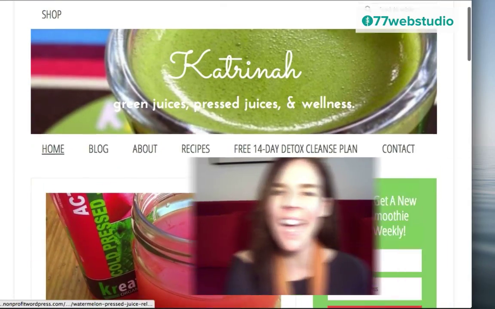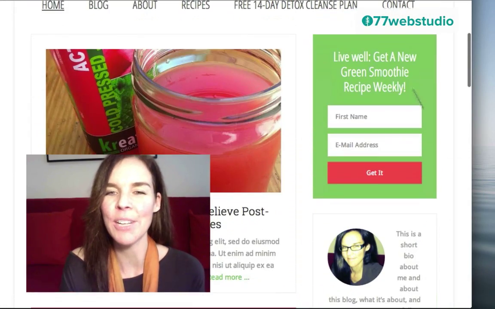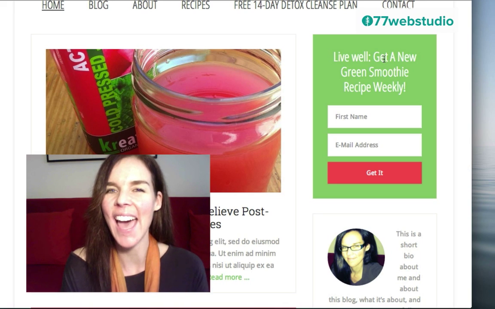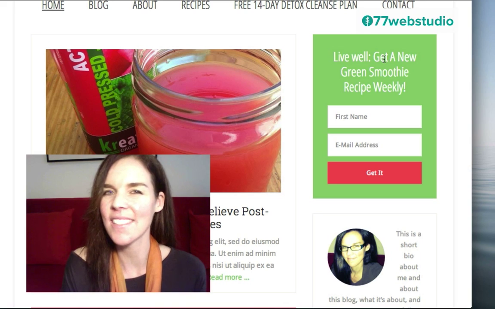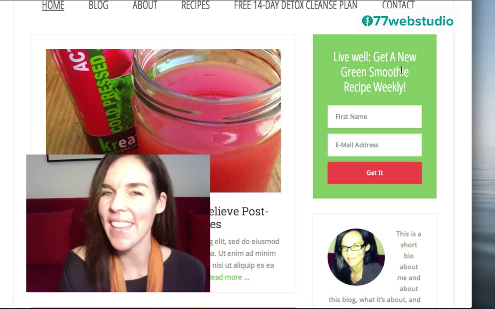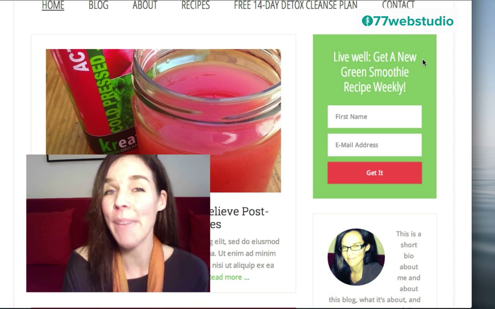On the right-hand side of the homepage, we'll have a sidebar, starting with an email opt-in form. I want to point out that in this sidebar you can add all kinds of customized content, but this is the content that I'm going to be adding, starting with an email opt-in form. The email opt-in form is one of the most important things you can have on your website because it's one of the best ways to capture leads directly from within your site.